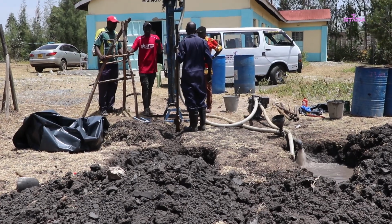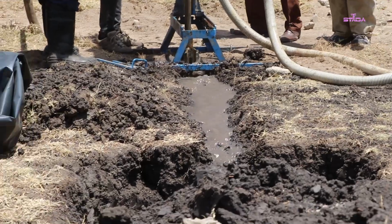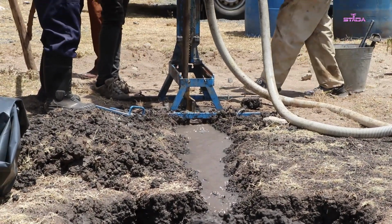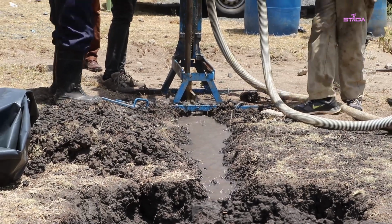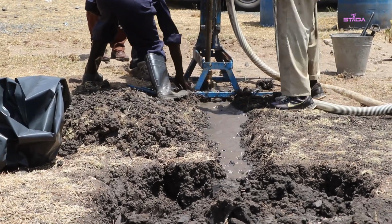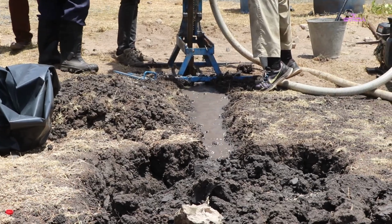When they bring it to the office, we review it, we see the criteria, or we see the urgency of the need, and if a community has qualified to be drilled a borehole, we have to do a pre-visit to the community. We talk to them, we discuss with them, we tell them what we may need during the period we'll be there on the site, and if they are ready with the